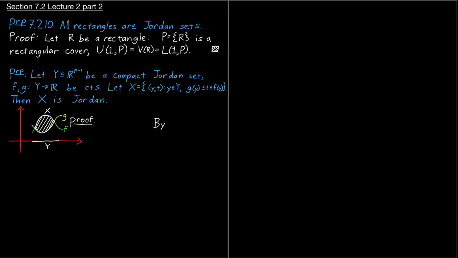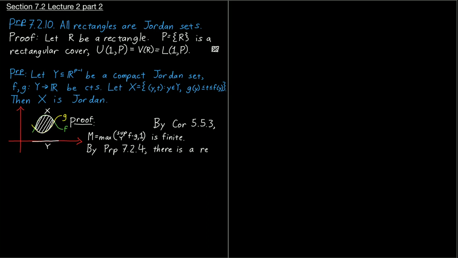So by the extreme value theorem, since Y is compact and f and g are continuous, f minus g must be continuous. We can say that the supremum over Y, the biggest f minus g ever gets, is finite. And because I would really like this to be positive, let's take m to be whichever is bigger, that supremum, or 1. And therefore, by our proposition for rectangular covers and integrability, and because Y is a Jordan set, there is